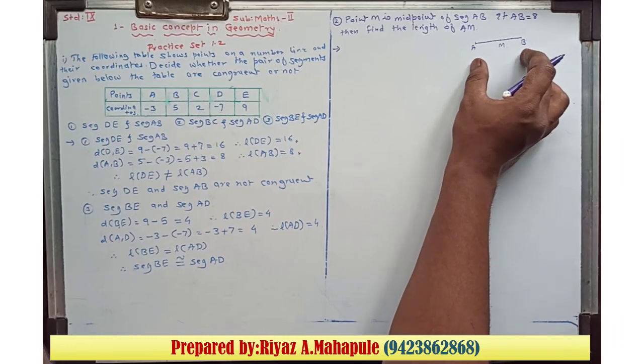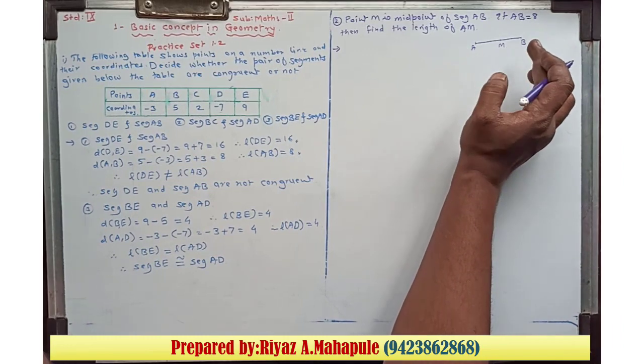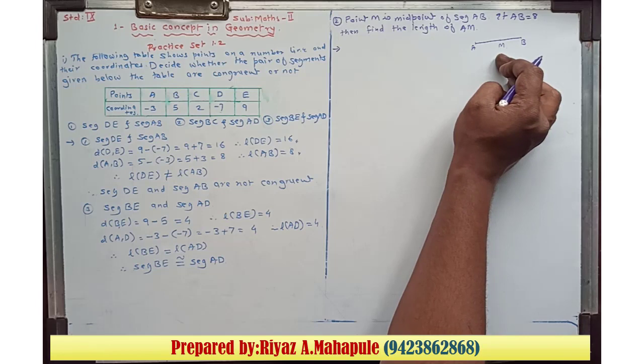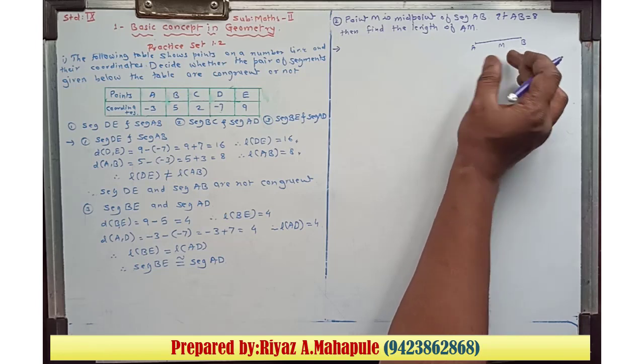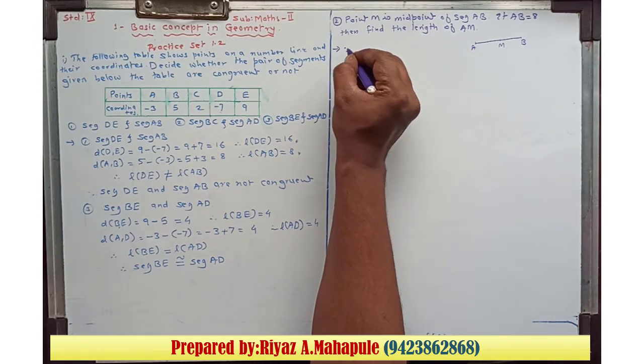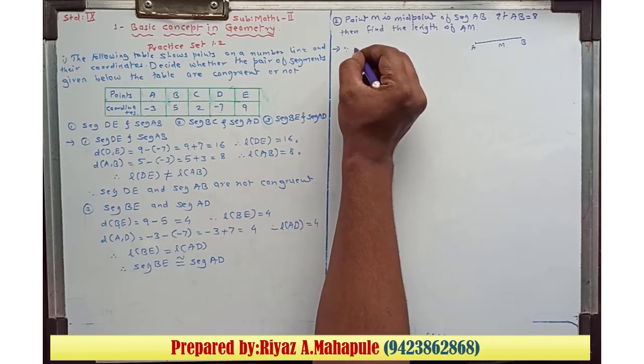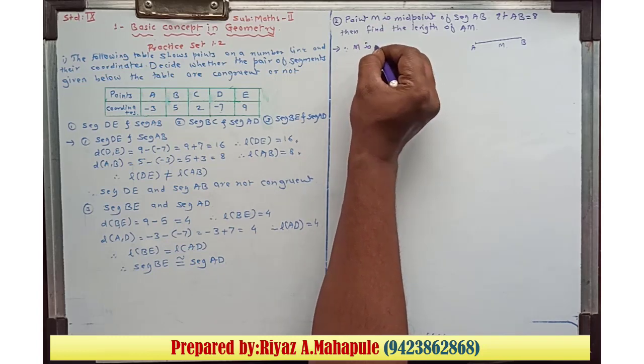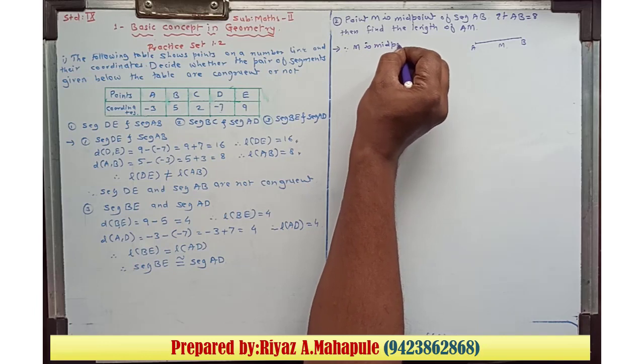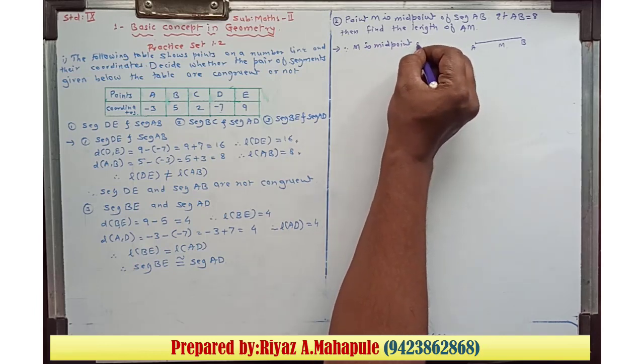Here AB is the given segment whose length is given as 8 and M is the midpoint. Then we have to find the length of AM. So we start the solution like this. Since M is midpoint of